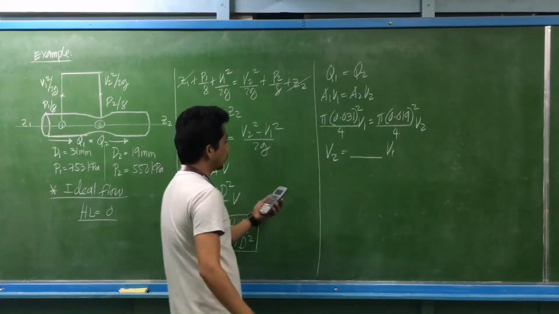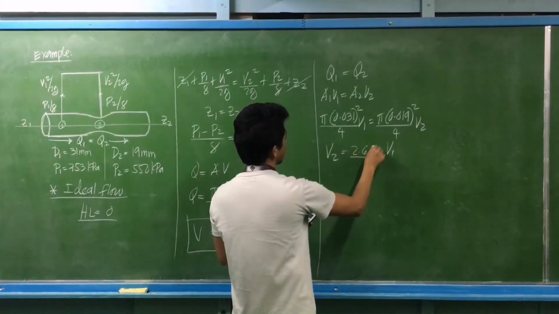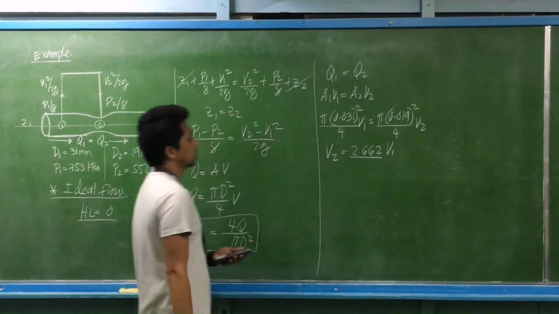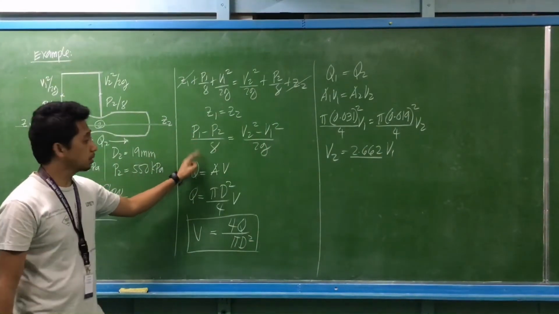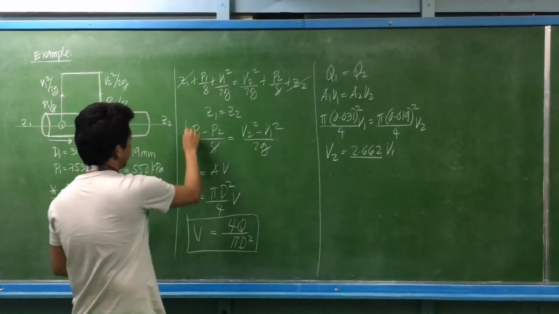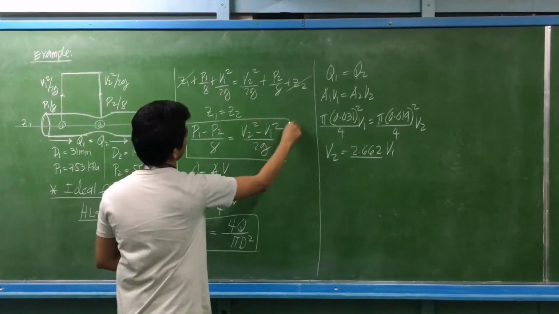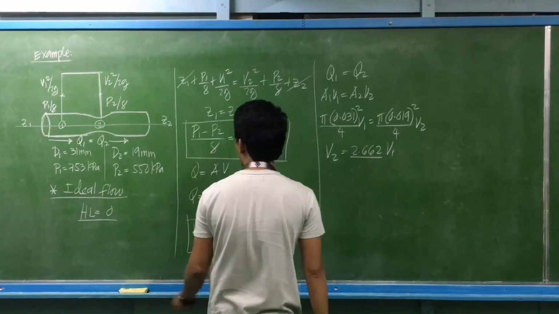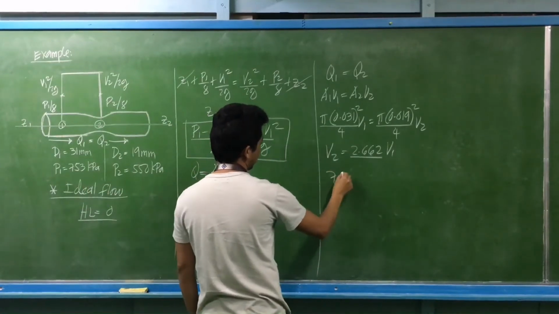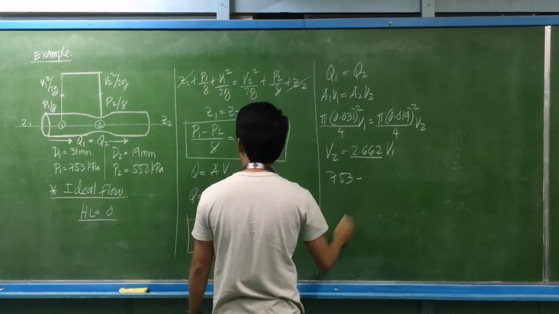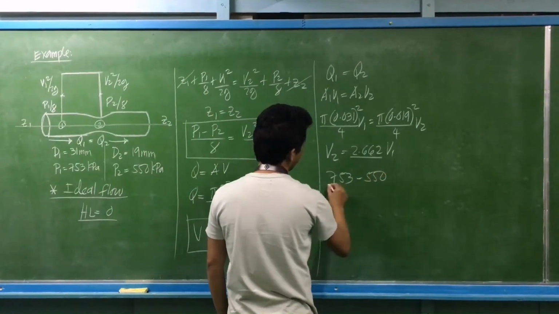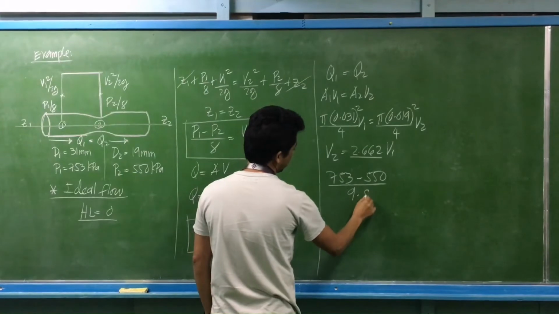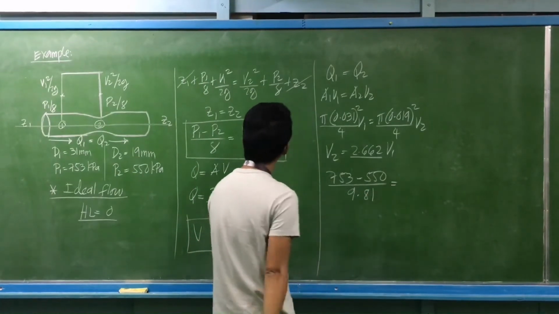Okay, so B sub 1 in terms of B sub 2 is 2.66 V1. Then we may substitute that. Using this equation, what is the pressure at 1? Pressure at 1 is 753 minus the pressure at 2, 550, divided by gamma water, 9.81, is equal to,